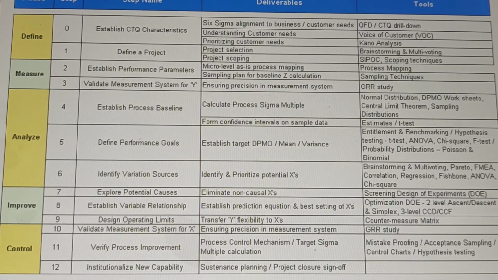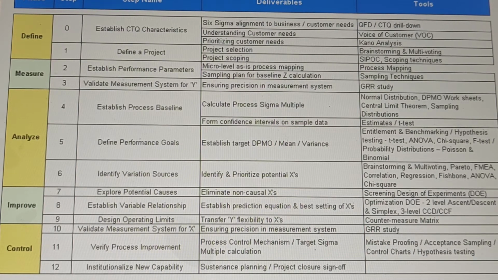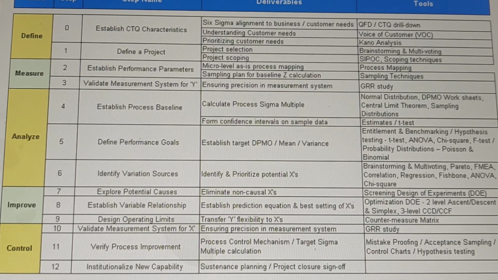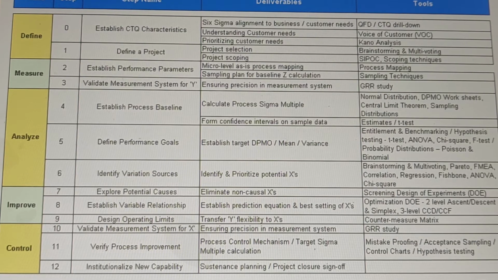Then after that selection of the project, we need to define the project, the scoping of the project: what are the boundaries of the project. The plant may be big and our operation and equipment will be large enough, so we cannot touch every corner of the plant. So there should be a scoping. This is my boundary, from my raw material entry to finished good exit. So this is my boundary of my project.